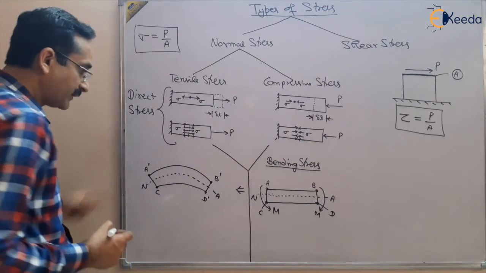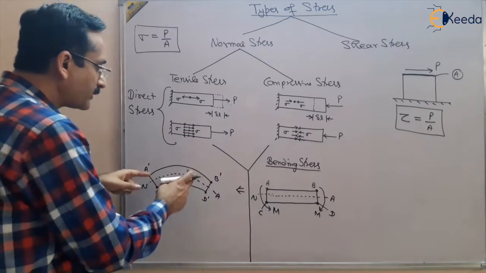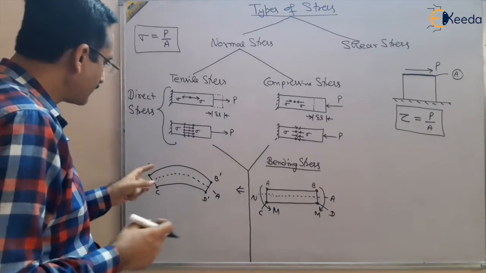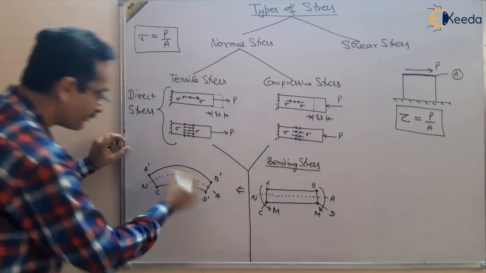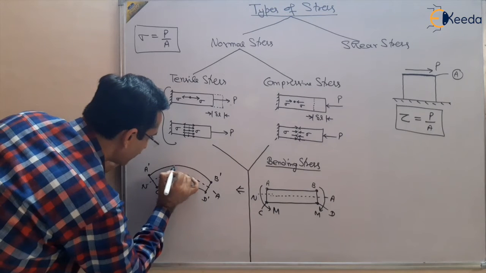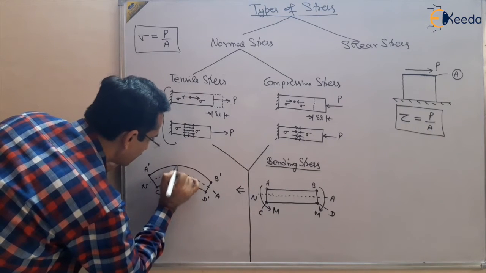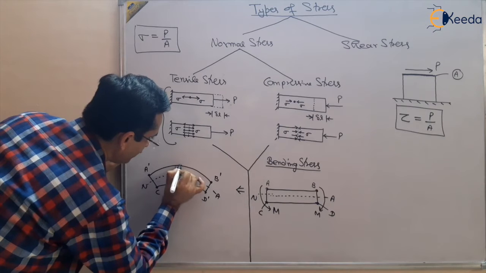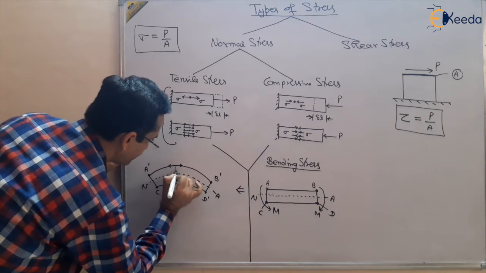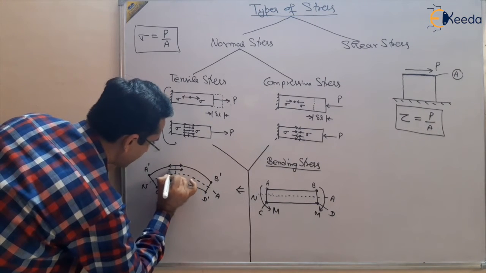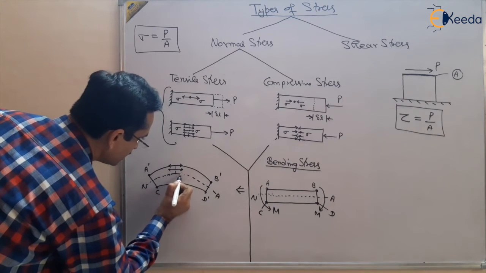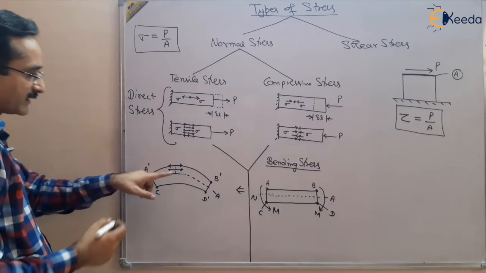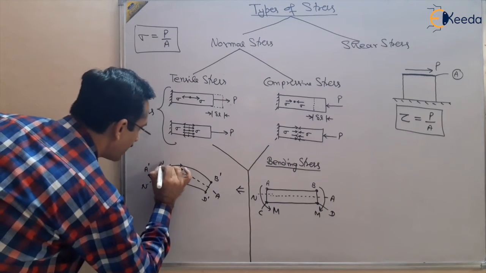right? So what is happening here? How is the AB part elongated, how is the length of AB increased? Because there is some tensile stress developed in the upper part of the material. This is the neutral axis actually, and the neutral axis is neutral. So tensile stress is developed in the upper part of the material,